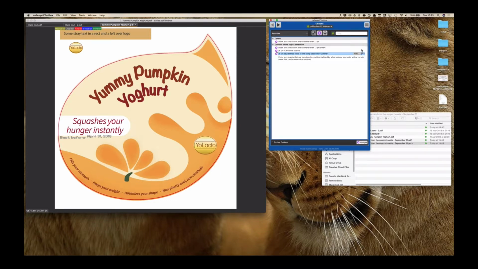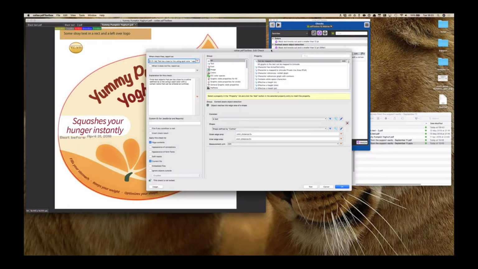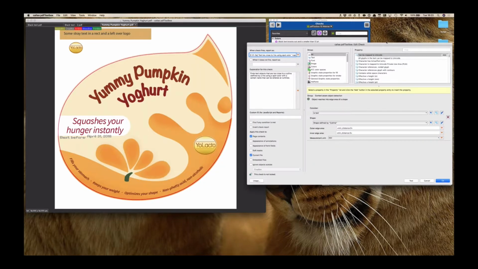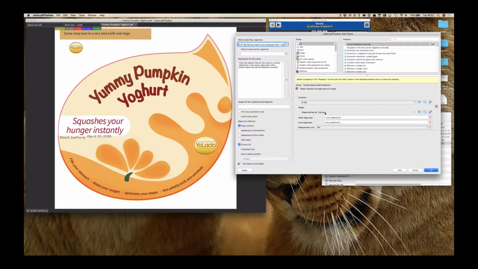How does it work? Well, let me open this preflight check that I have in here. And what you will see is that, again, I'm using one of these conditions. The condition this time is object reaches into edge area of a shape. Now, the shape that is being used is shape defined by cut line. Yeah? And shape defined by cut line means that I'm using something that follows this cut line that I have